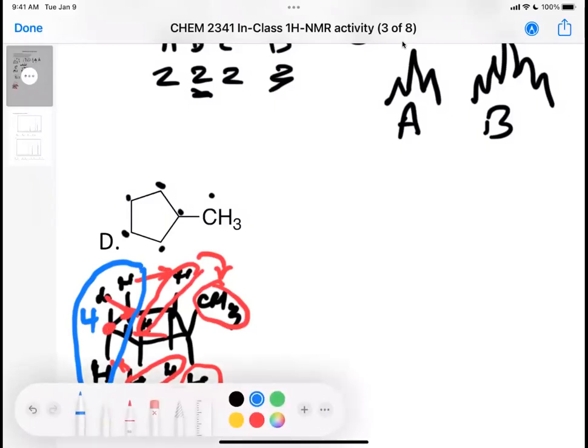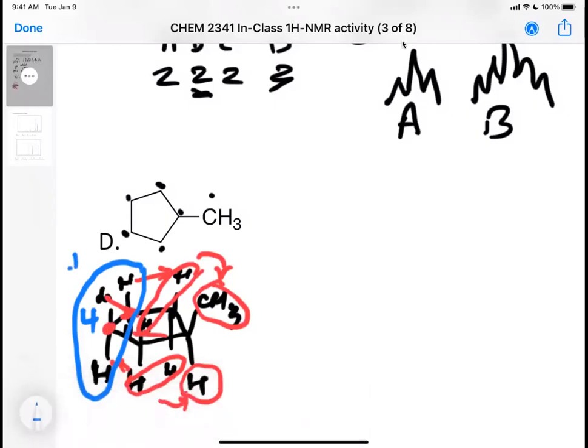So we have one signal. We'll call that one A. We'll call this B, we'll call this C, we'll call this D, and we'll call this E. And that's how you can really miss it if you don't think about the actual spatial interaction, where the things are. So if we look at A,